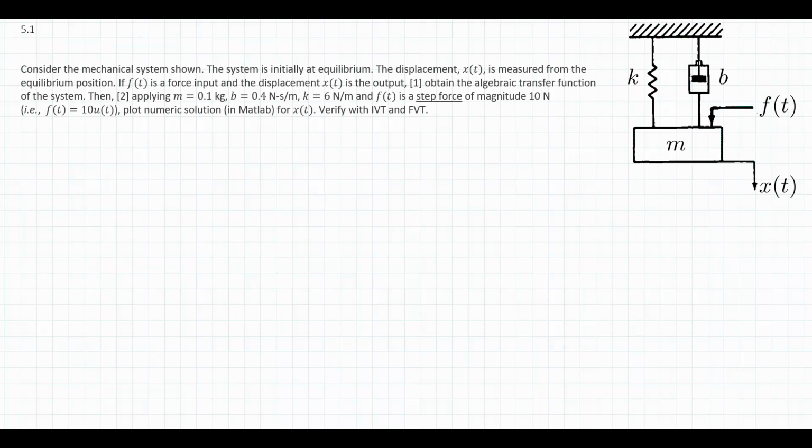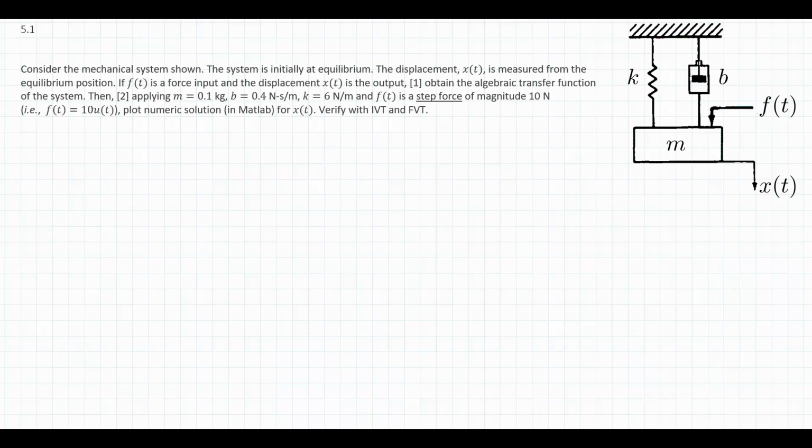In this problem, we are presented with a simple spring mass damper system. We just have one mass, one spring, one damper that we are applying this external force F of t to, and we are interested in deriving its transfer function. And then we want to simulate its response to a step input, a 10-unit step input, and we'll do that